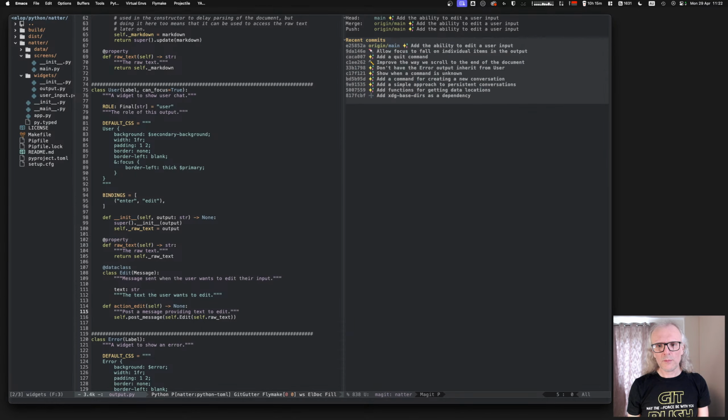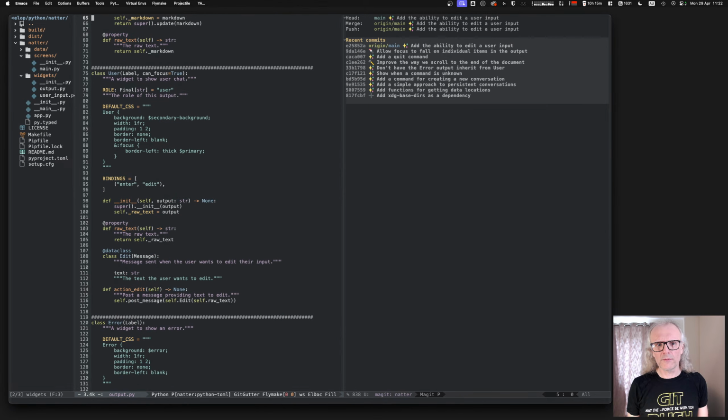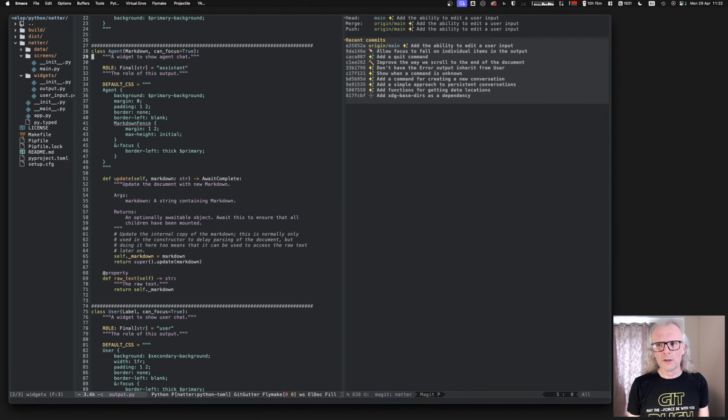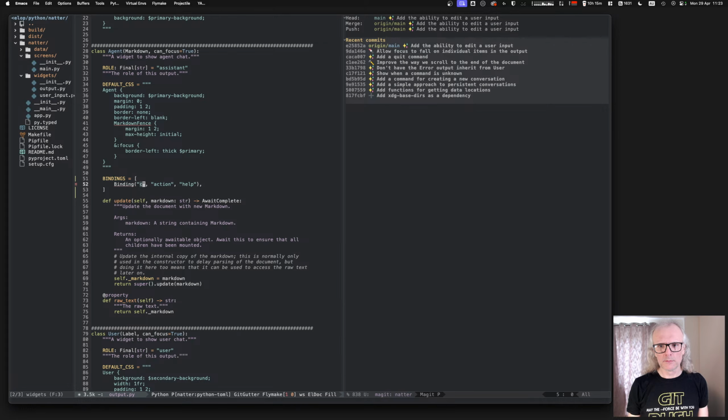I'm getting to the point where I'm going to have similar code going on here, but we'll go with it for now. Again, this is a doodle. It's all a doodle, and then at some point I'll tidy it all up.